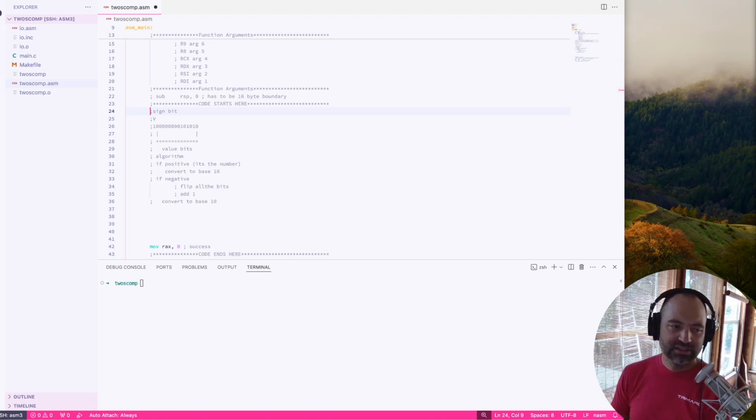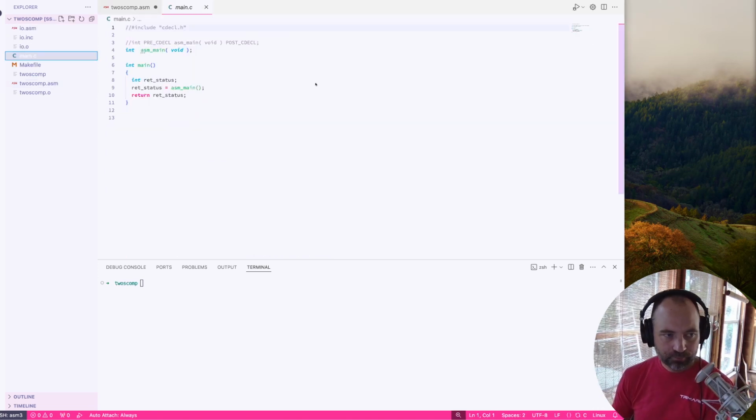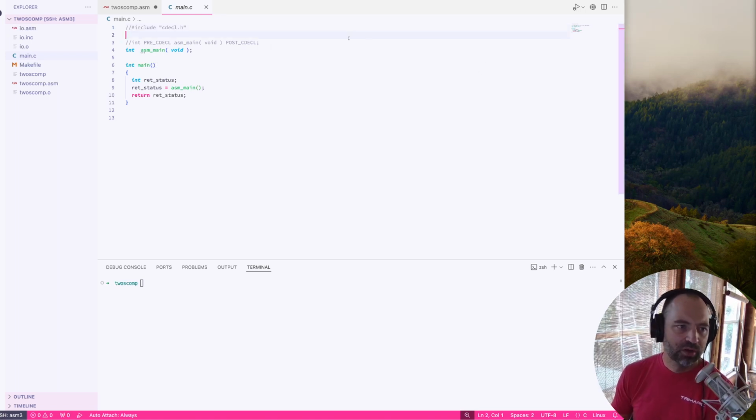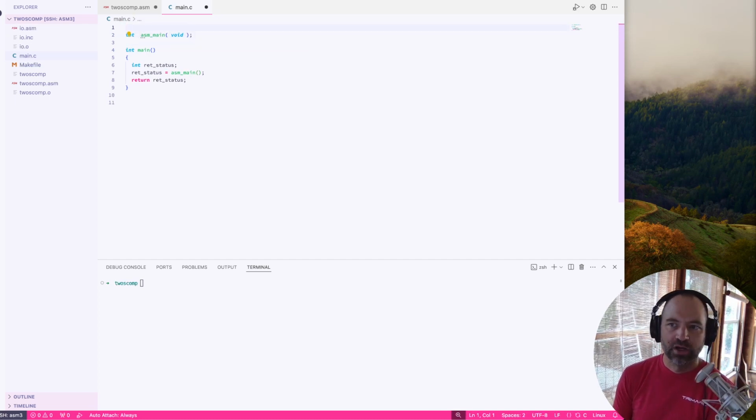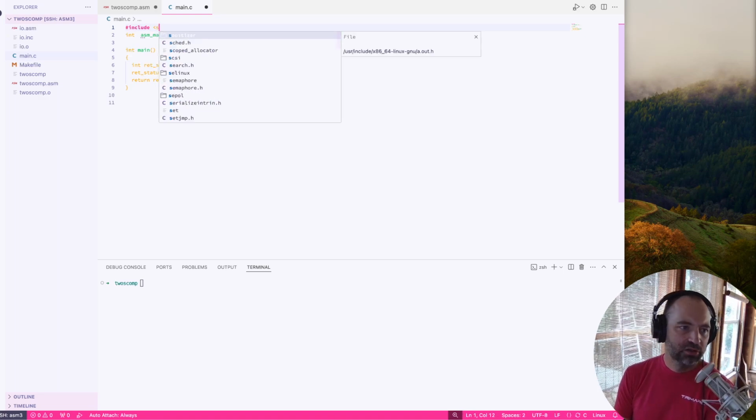So I think it's helpful to look at an example. I have prepared an example for us to do. We're going to start here in our main.c. We're going to read a couple numbers and print those numbers out so we can see how they work. So we're going to include standard IO,